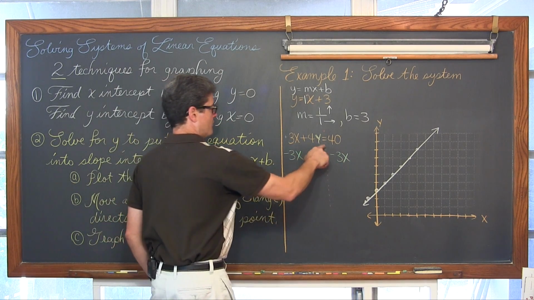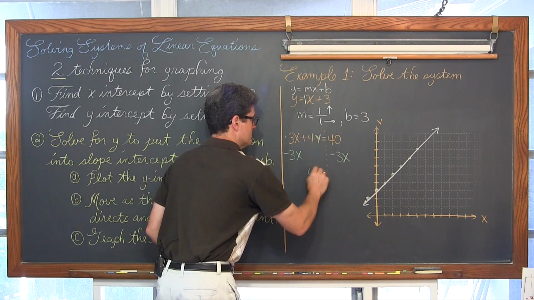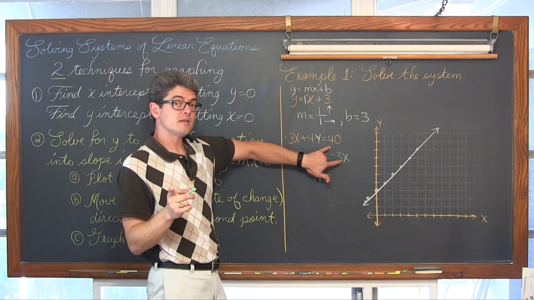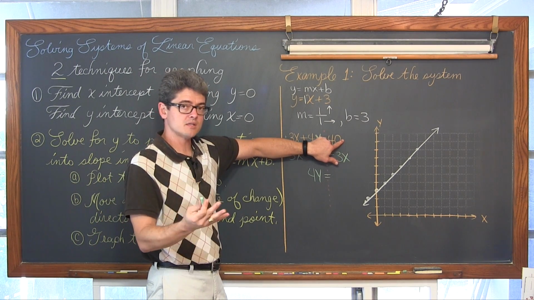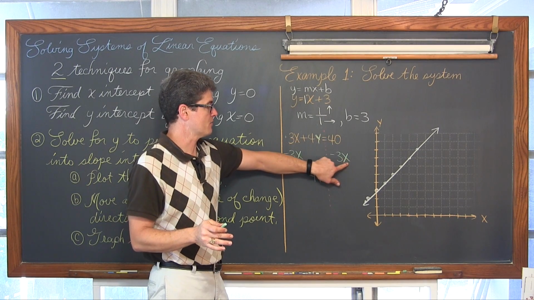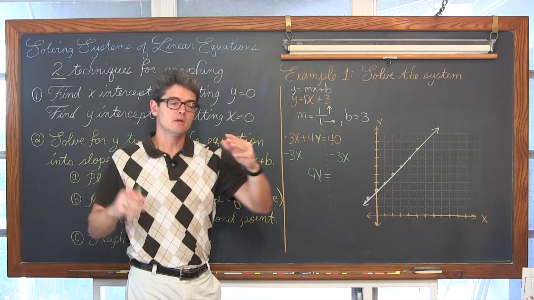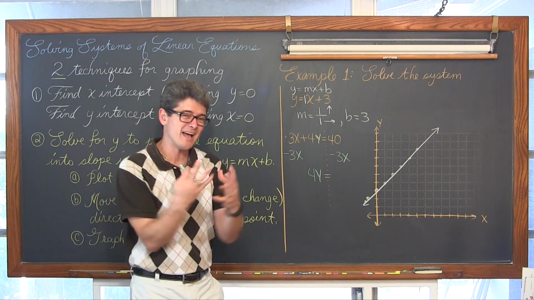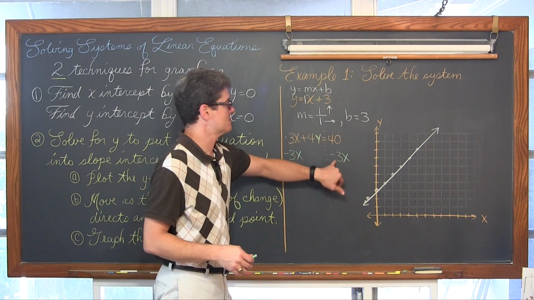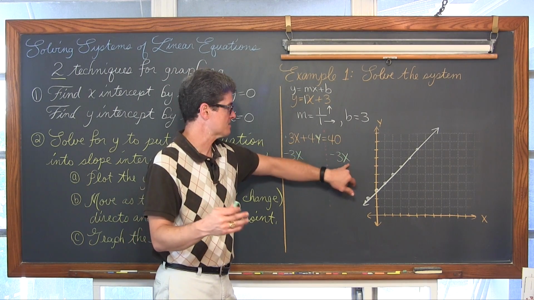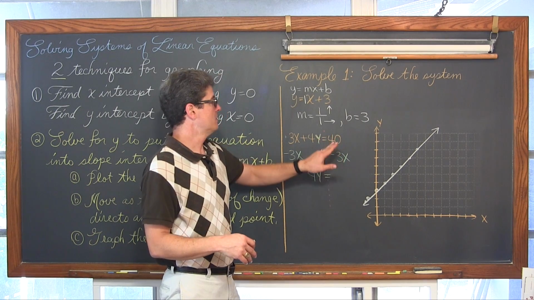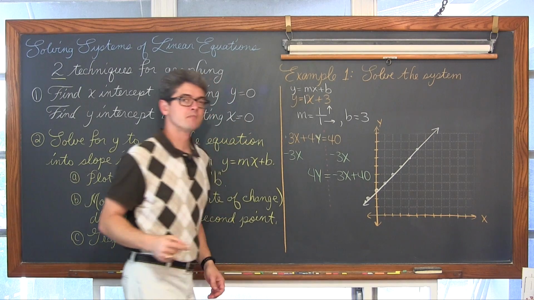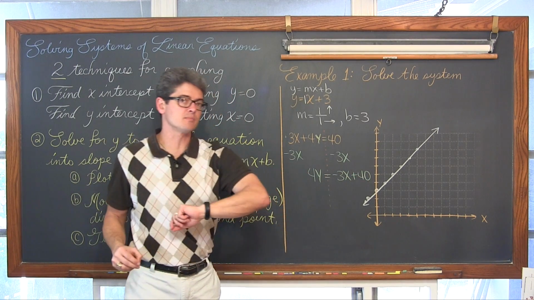And we've got 4y, I guess I'm going to do this one in green, is equal to... now these are not like terms. This is a 40, it's just a constant. There's no variable attached to it. This is negative 3x. So you can write unlike terms next to each other, but you can't actually bring them together. This is not 40x minus 3x, so it's not going to be 37x. It's just a constant of 40, going to hang it on the right-hand side with a term of negative 3x. Great. Now we've got 4y equals negative 3x plus 40.